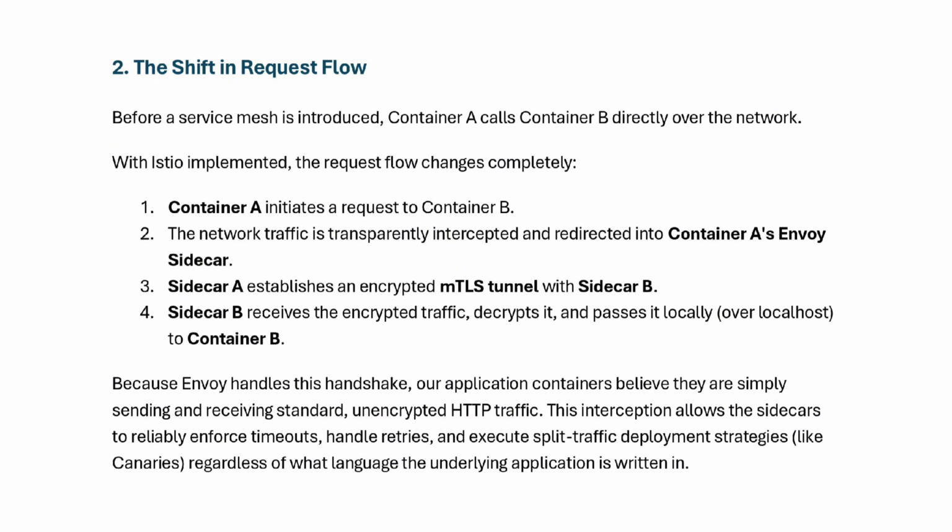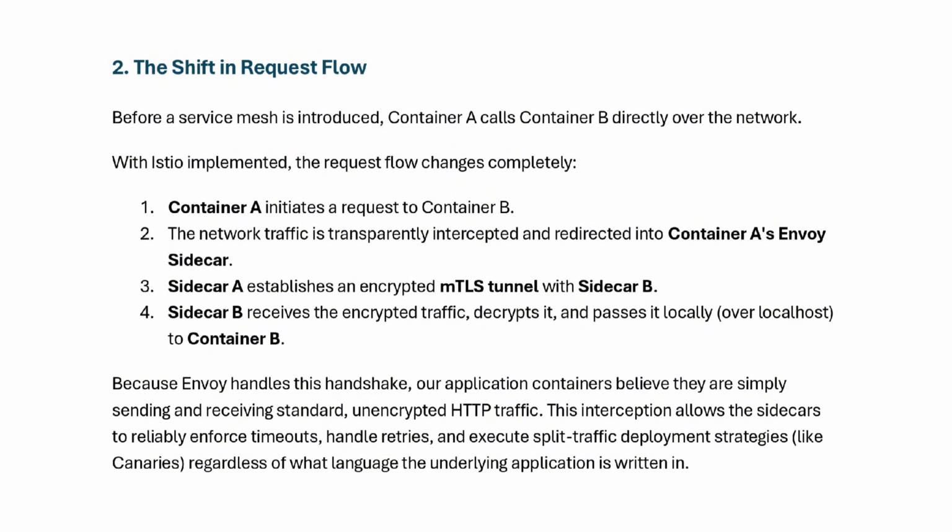Before a service mesh is introduced, container A calls container B directly over the network. With Istio implemented, the request flow changes completely. Container A initiates a request to container B. The network traffic is transparently intercepted and redirected into container A's Envoy sidecar. Then sidecar A establishes an encrypted MTLS tunnel with sidecar B. Then sidecar B receives the encrypted traffic, decrypts it and passes it locally, that is over the localhost,